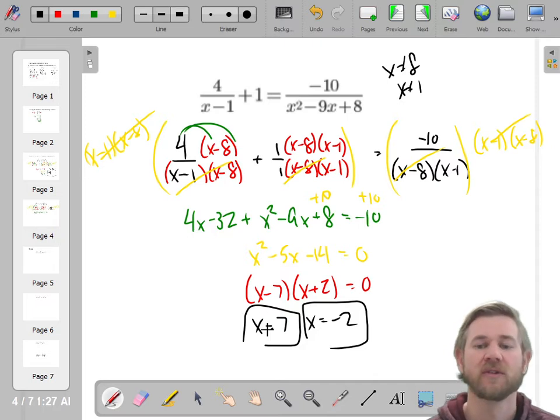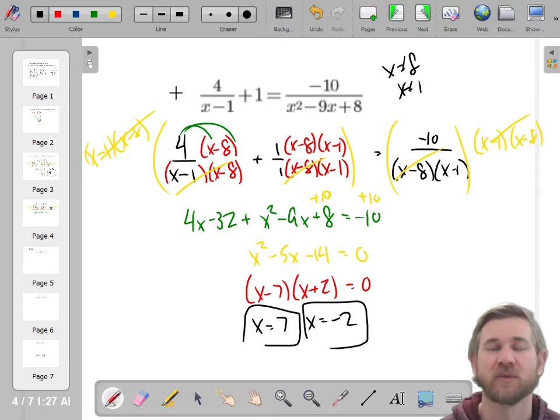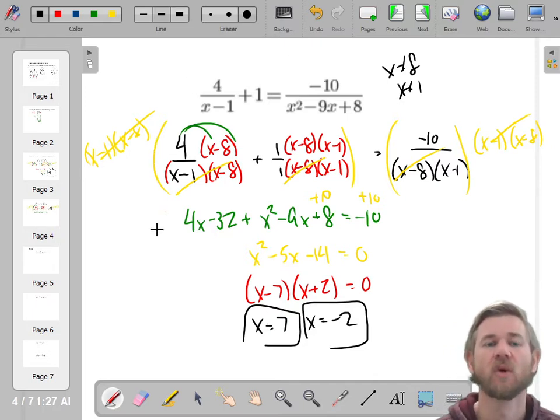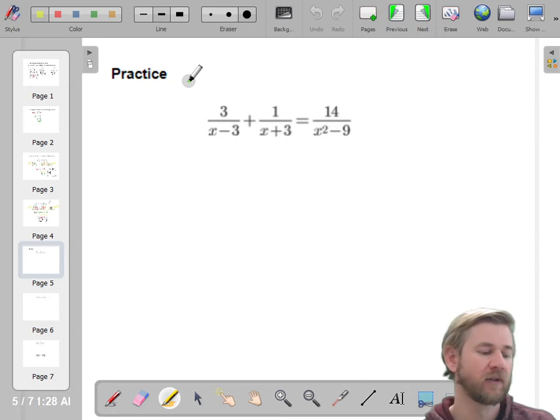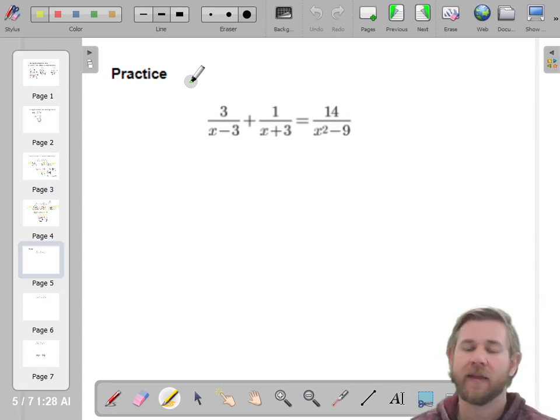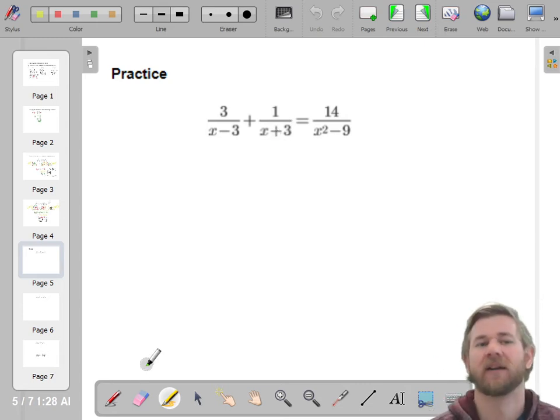These are actual solutions to the equation, not extraneous solutions. So the main thing is get a common denominator, clear the fraction, and then solve the numerator. Let's do a few together, and then you guys can work on your math lab. You have, I don't know, 5 or 6 to do for